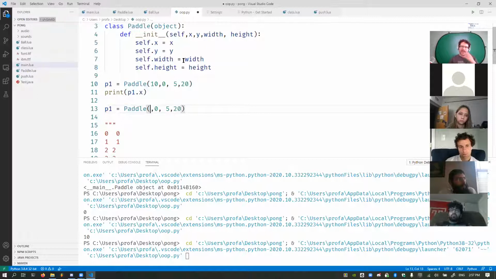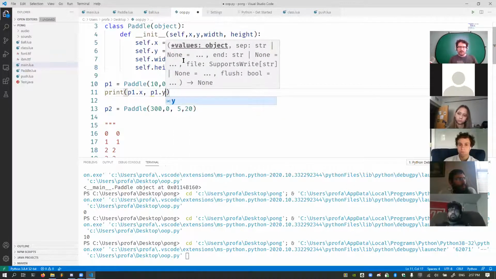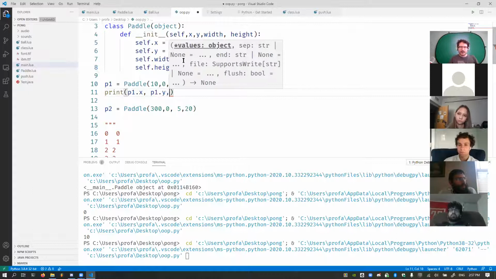Let's say, 300 and then 0. So all the way across the screen, maybe. Just as big. Call it P2. And we can print out all these variables: P1.y, P2.x, P2.y.